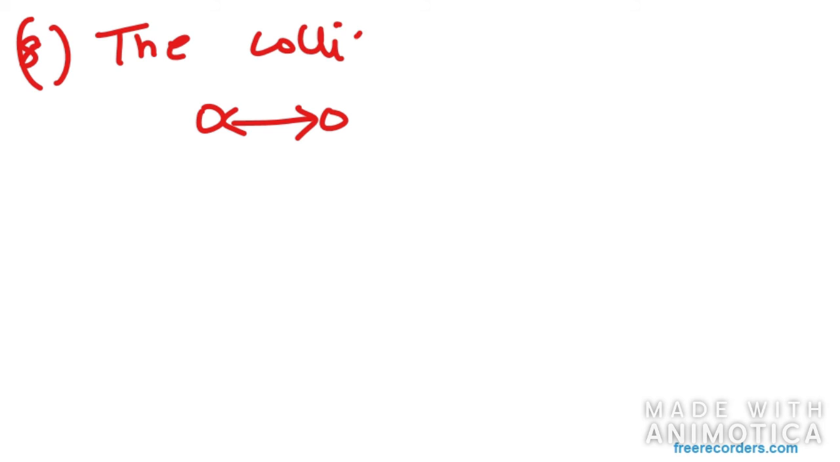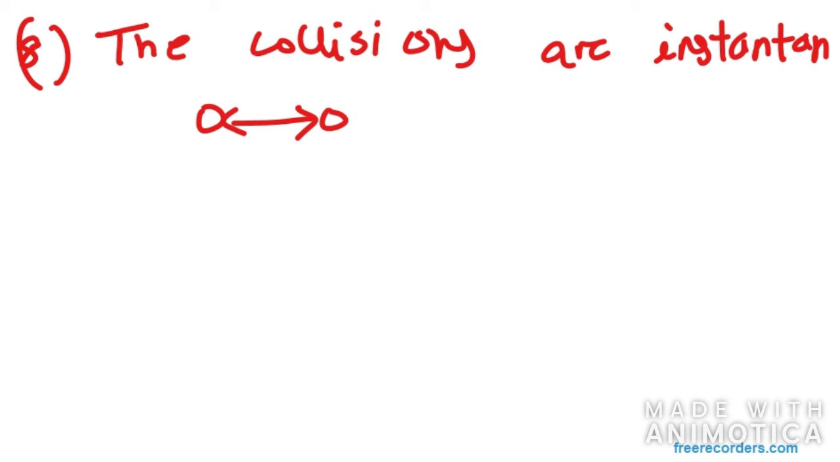Whenever we talk about the word instantaneous, it means that the time of collision of two molecules is very negligible as compared to the time interval between two successive collisions. So therefore we say that the collisions between gas molecules are instantaneous. So this is about the assumptions of the kinetic theory of gases. The next topic we need to move on to is the pressure of an ideal